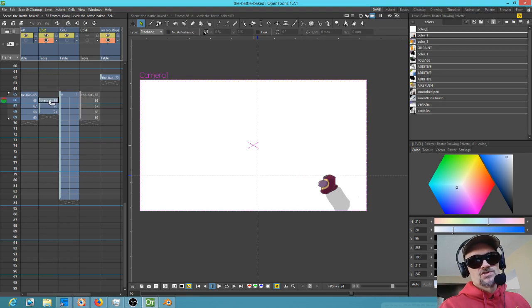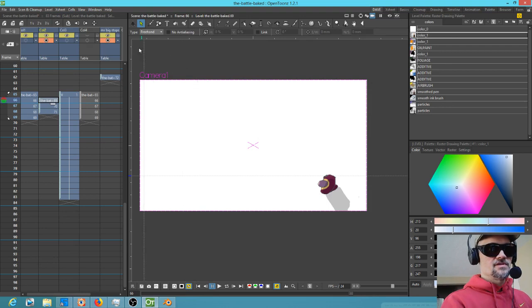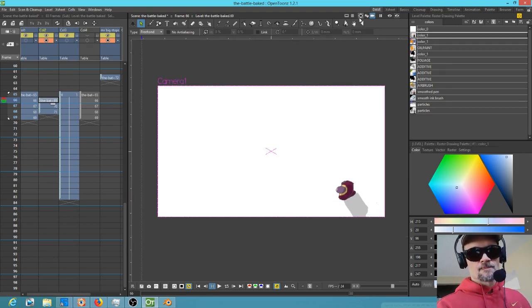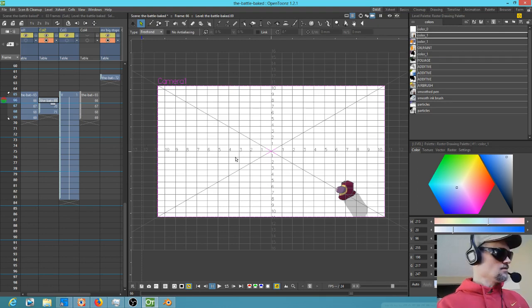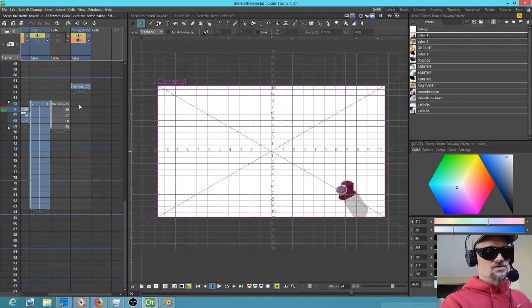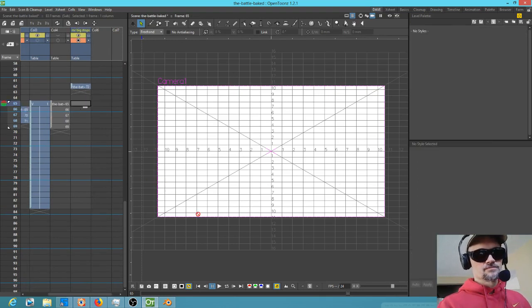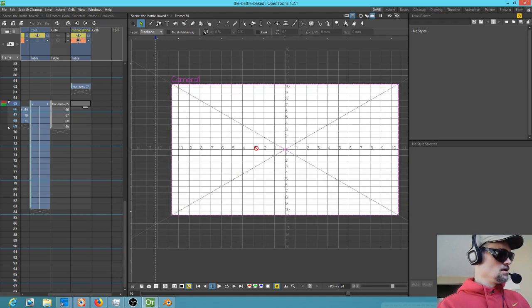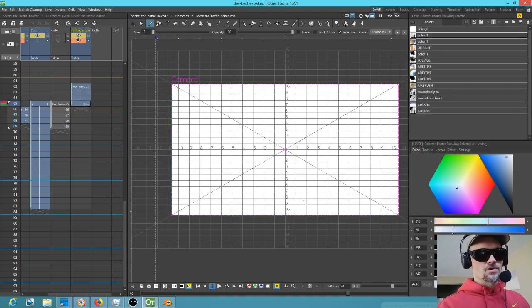Okay. So now to make this a little more sane, let me get rid of these guide markers that were here from earlier. What I'm going to do is come over to this level and add a new drawing. I don't really need that, but I'm going to add a new drawing and just make it bright red, and all I'm doing here is,